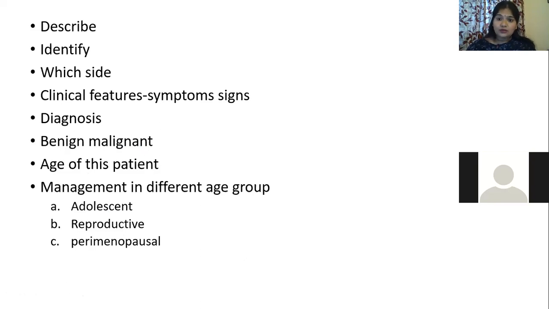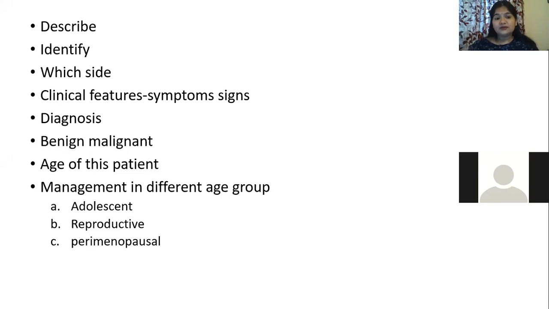If you are in doubt in OT, you can use something called frozen section. It is a facility of histopathology wherein you don't require 2-3 days for the report to come. The pathologist comes to OT, they have a machine where immediately they can give you the most probable diagnosis. And if it is benign, then you can always conserve the uterus. So you will call for frozen section only when you want to conserve the ovary, right?